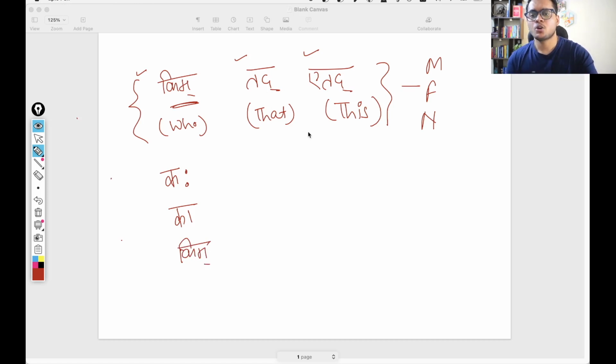Similarly, you have tad, or that. Whenever you want to say something like that boy, we use saha. Suppose you want to say that girl, we use sa. And that book, or something that is neuter gender, we use tat. All these are the pratipadik, the base word, and from that base word you have the entire table of all the 7-8 cases. In the previous videos I have already shared the link of all these reference word forms.